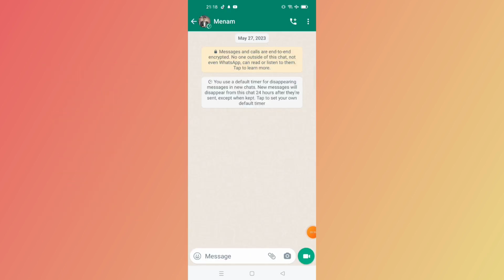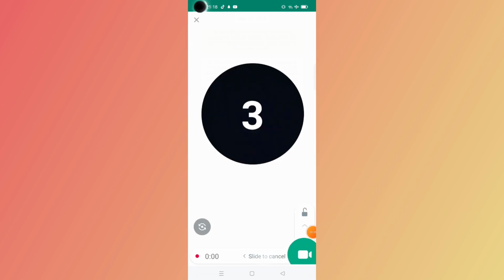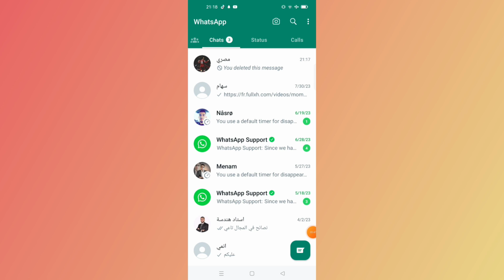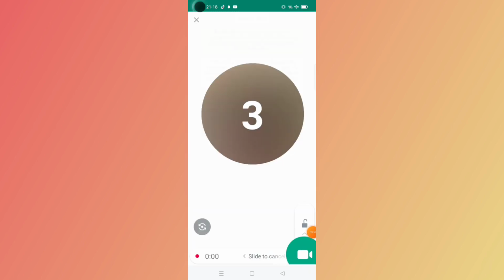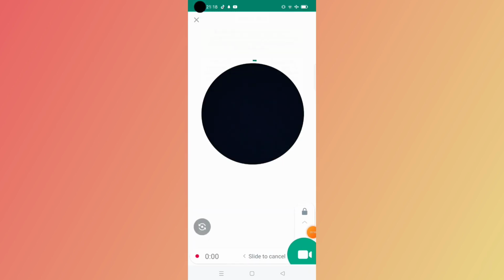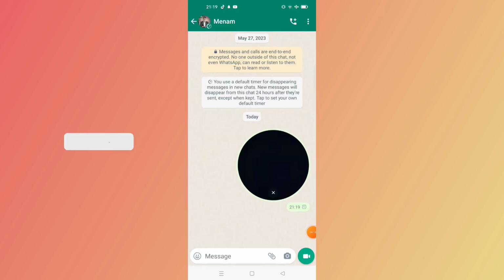To move it to the left cancels your video, if you want to, for example. Click on the send icon like this. Here, click one tap. Then, if you want to see the video, as you see, when you let go of your finger, the video will send to the